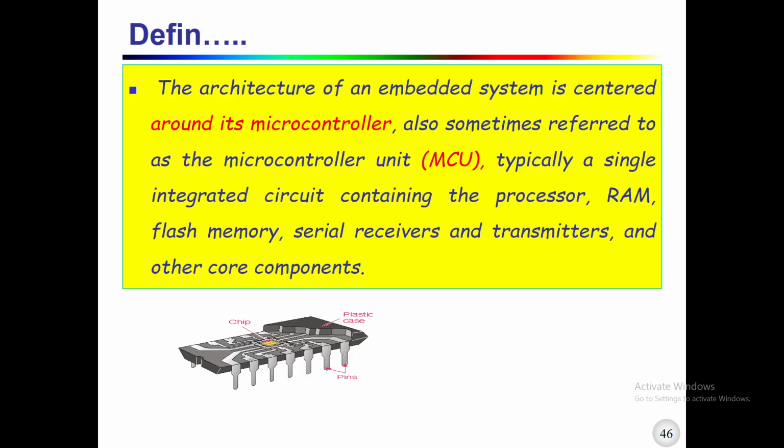When we see the architecture of an embedded system, it is centered around the microcontroller, which is considered to be the brain of the hardware, allowing the other bigger hardware to perform specified functions. This is sometimes called the microcontroller unit or MCU, which is typically a single integrated circuit containing the processor, RAM, flash memory, serial receiver and transmitters, as well as other core important components which are used